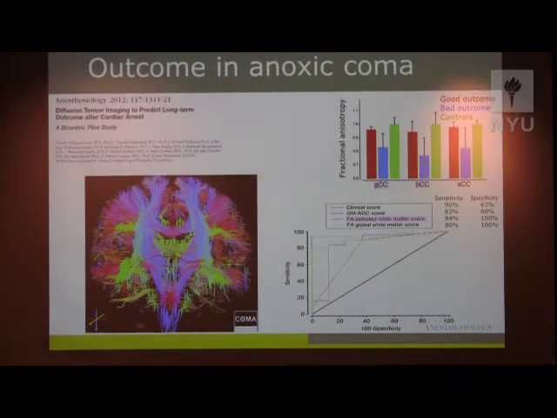Another technique, and I think the future is really to combine information from the different examinations, as we did in the last Lancet paper. Another interesting technique, I think, is diffusion tensor imaging. This is quantifying not the gray matter integrity, but the white matter. And as I said, one neuron can't be conscious. We think you need an interaction, a functional connectivity, and that needs structural connectivity you can capture by MRI DTI